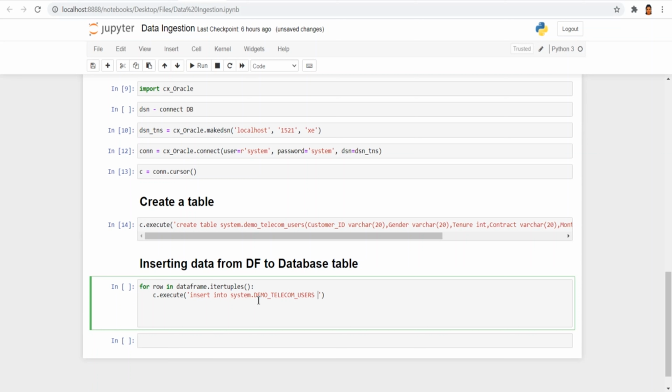So insert into table name values, and here you need to pass the column names. Our first column name is customer ID. Before each column we need to pass a colon.